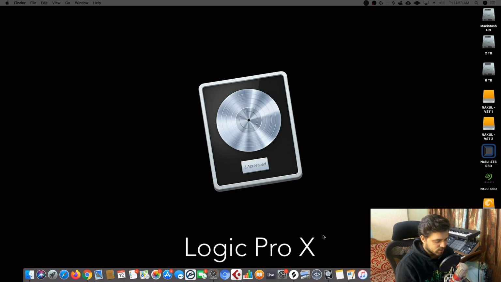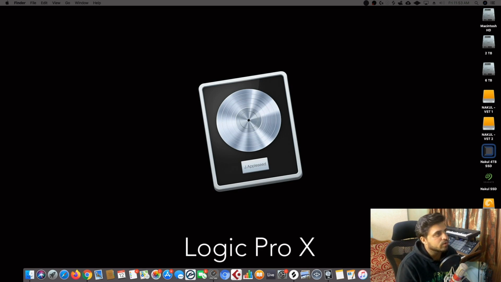So for today's session, I'll be talking about the Logic Pro X user interface from the 10.4.6 version's point of view, because 10.5 has added a lot of new features, and you might get confused if I directly jump into 10.5. So I want to make sure that you're well versed with 10.4.6 or 10.4.8. Then we can go to 10.5 easily, so that transition becomes really smooth.